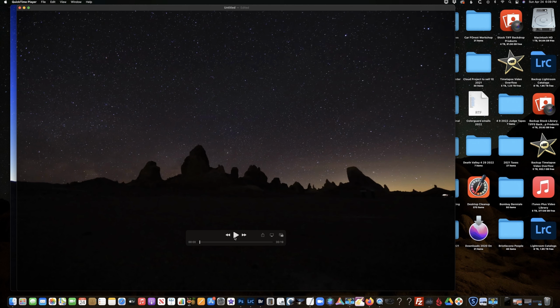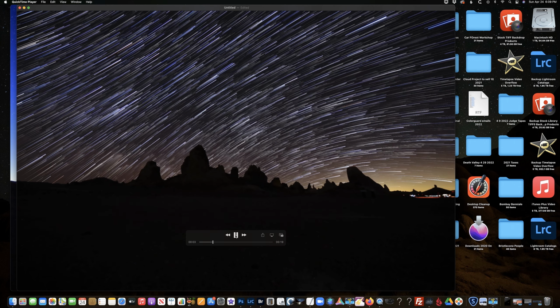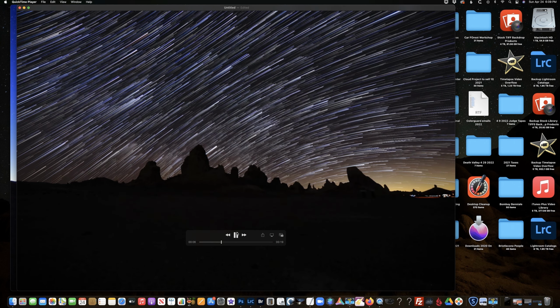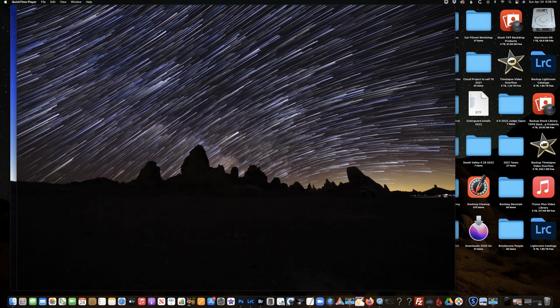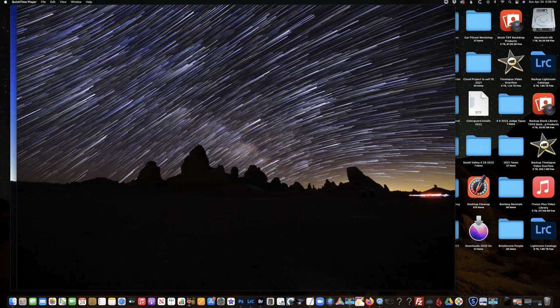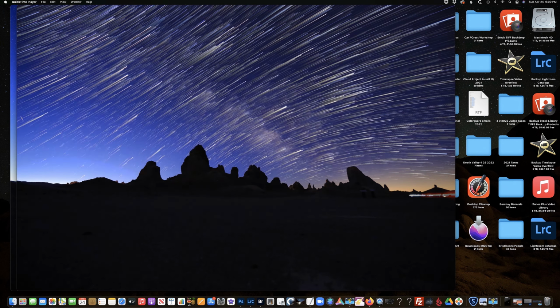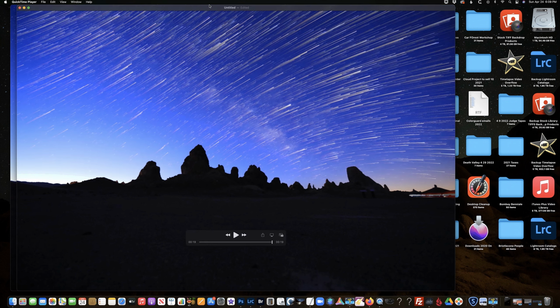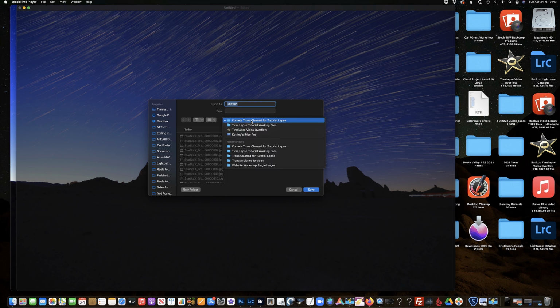Go ahead and click play, and here you have a beautiful progressive trail of all those images together that streaks across the sky. Now, I intentionally left, you see all that light in the right corner of cars driving by? I intentionally didn't edit those out of my images so I could show you how to fix that in Photoshop in post. So I'm going to save this as a separate video, and I'm going to name it